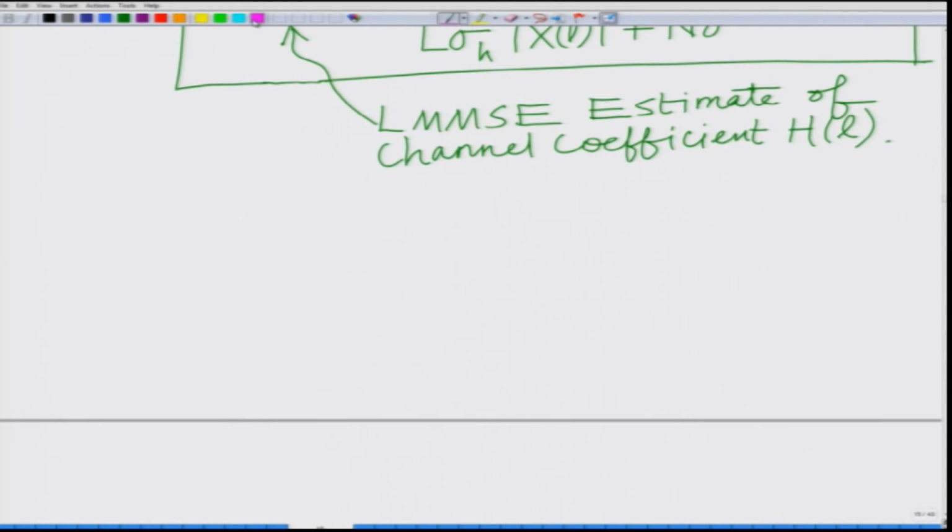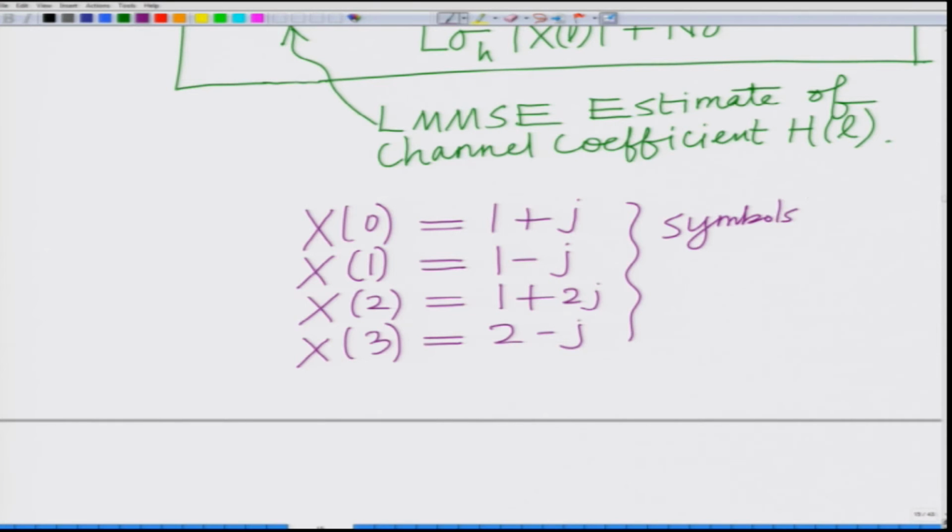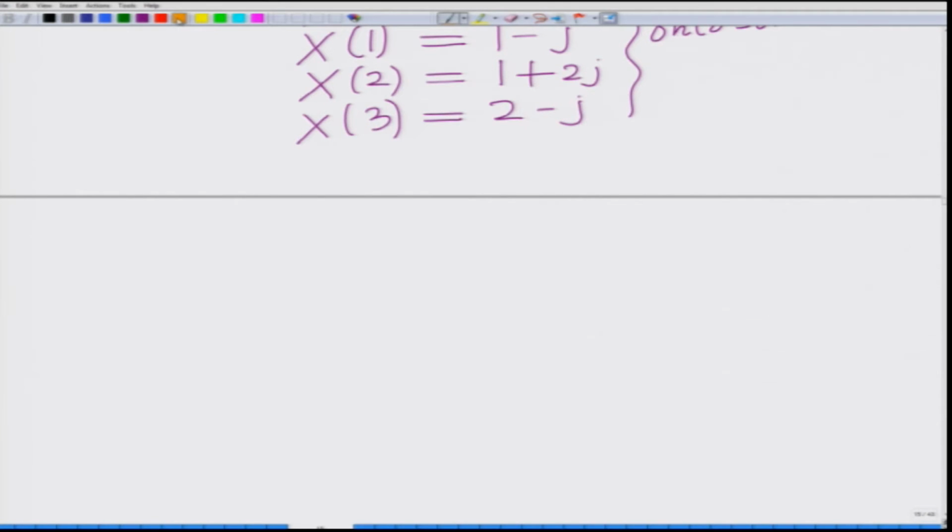Okay. And therefore, now remember we already know the symbols loaded on the various subcarriers. These are given as x0 equals 1 plus j, x1 equals 1 minus j, x2 equals 1 plus 2j, and x3 equals 2 minus j. These are the symbols loaded on the subcarriers. Therefore, we have h hat 0